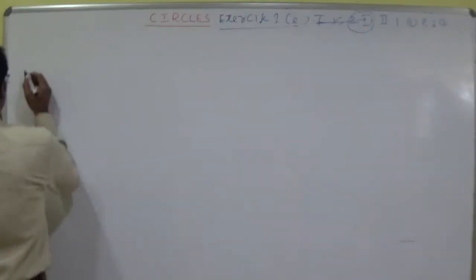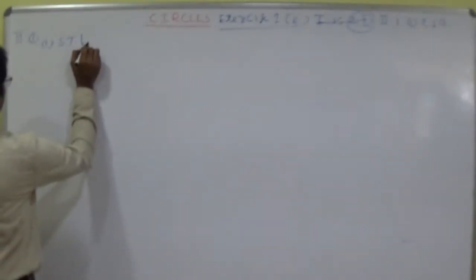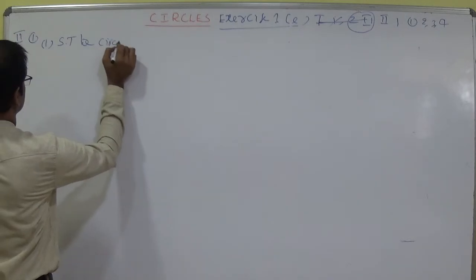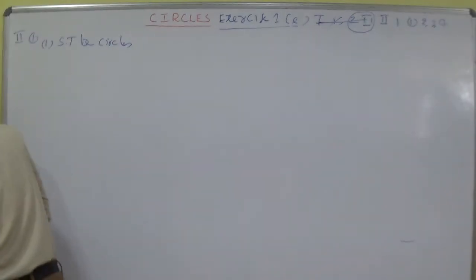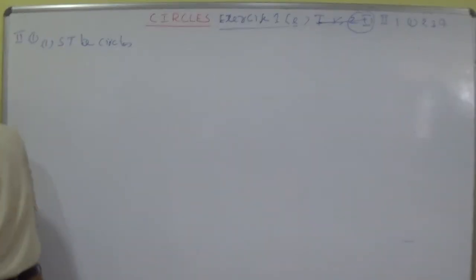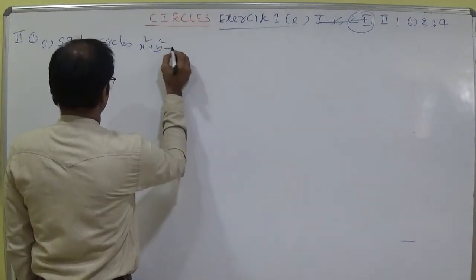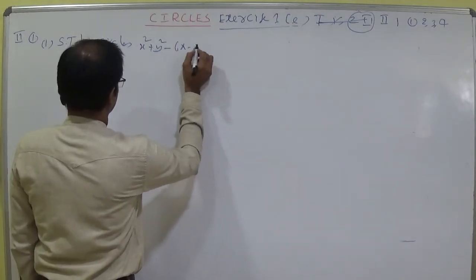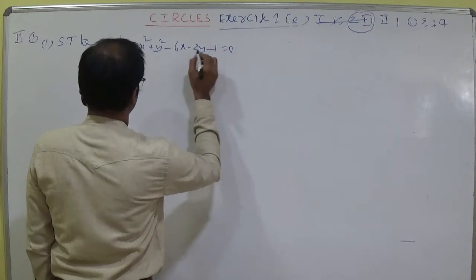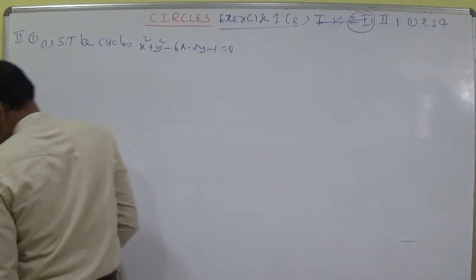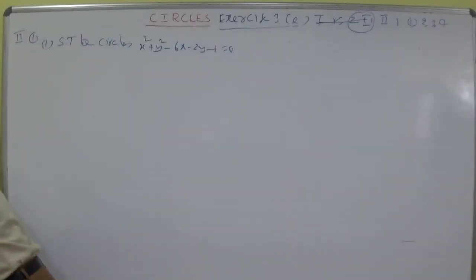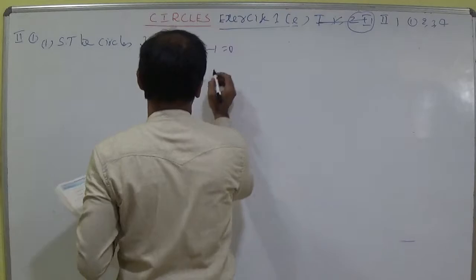Roman number 2. First one, first question. Show that the circles x square plus y square minus 6x minus 2y plus 1 equal to 0,